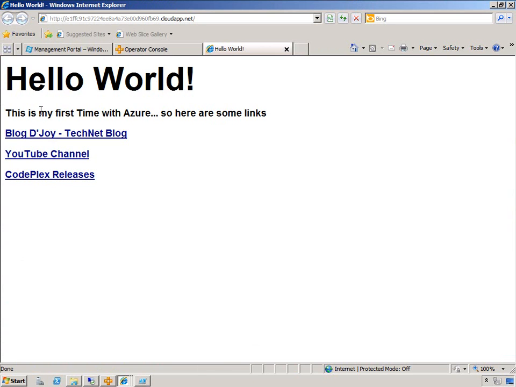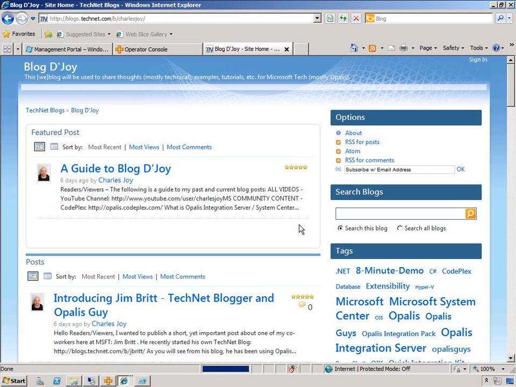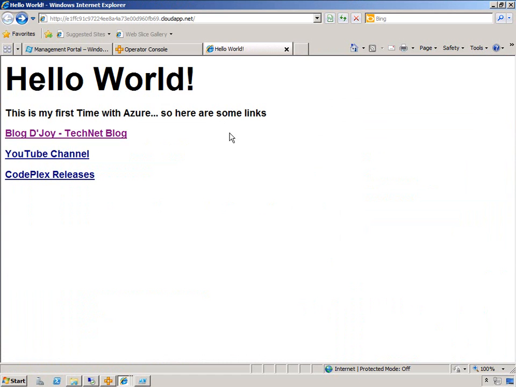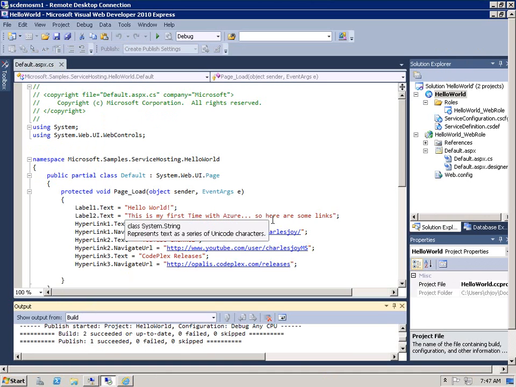There it is. Hello World. This is my first time with Azure, so here's some links. And obviously everything is live, and if we click on the link, it'll go to the blog. Nothing special there. But if we want to, I'll quickly hop over, and you can see that's exactly the text